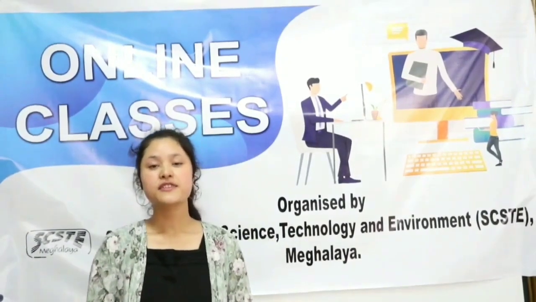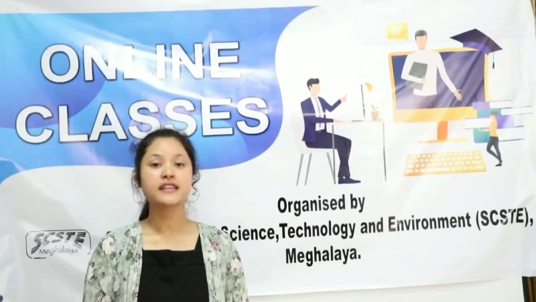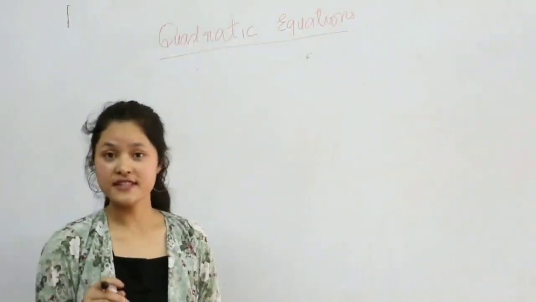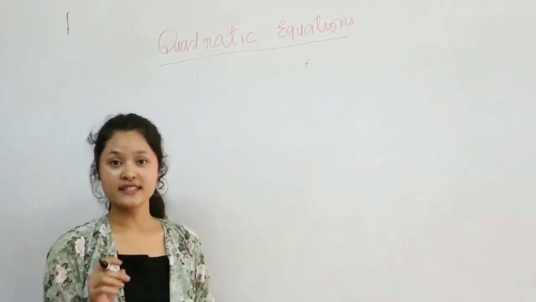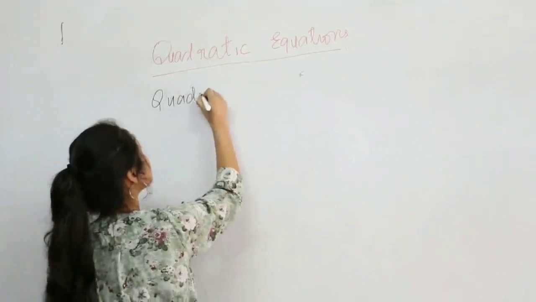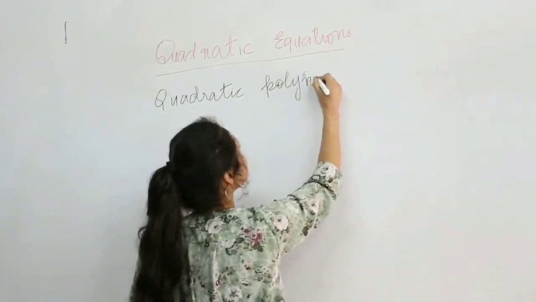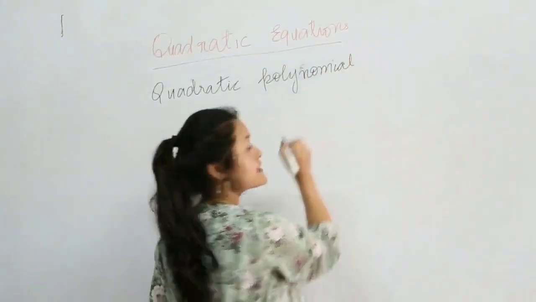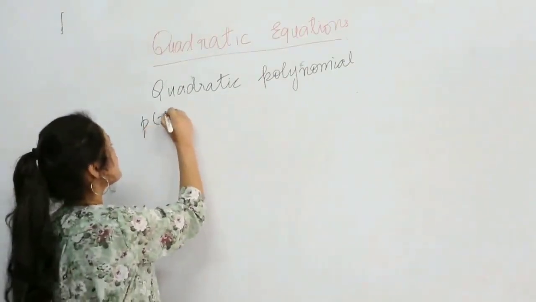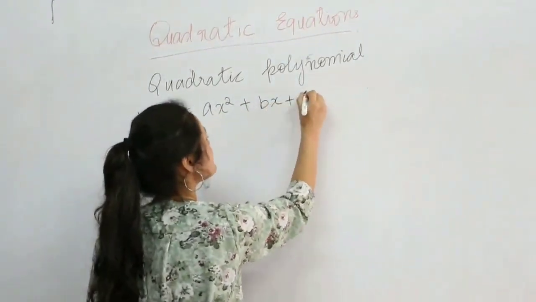Today I'll be delivering a lecture on quadratic equations from chapter 4 of the maths textbook, MBOSE syllabus. We studied polynomials and their different types in chapter 2. One of their types was the quadratic polynomial. This type of polynomial is of degree 2 and its general form is ax squared plus bx plus c, where